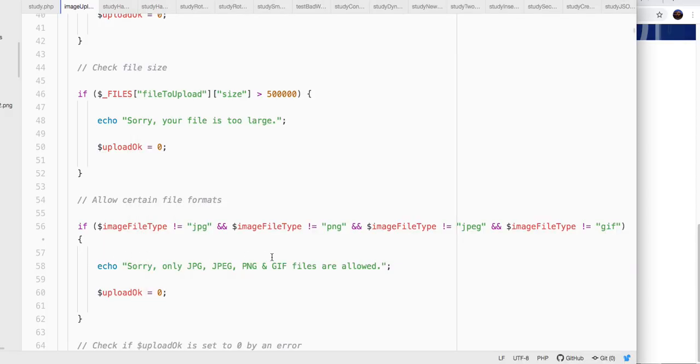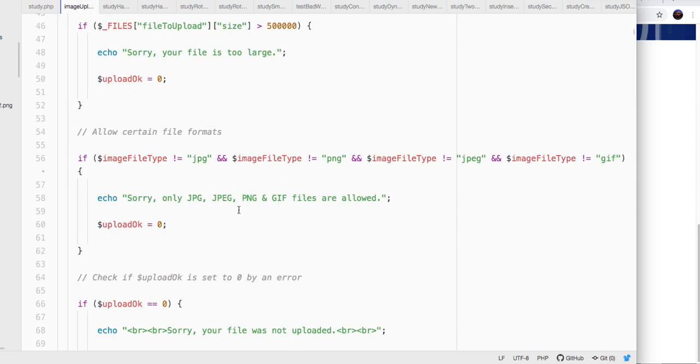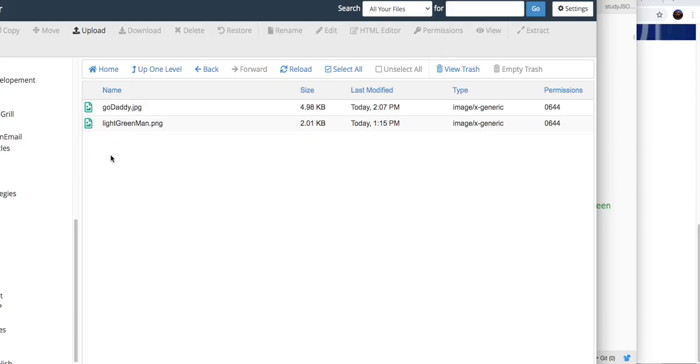It will definitely check for all these things. It's just doing it differently, and it definitely will use move_uploaded_file. It'll copy from the temp location to the target location, which happens to be this here. Anyway,